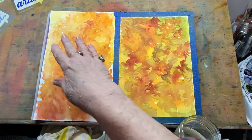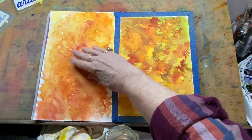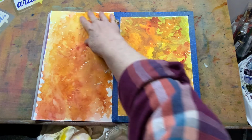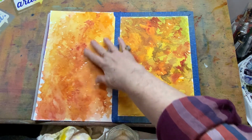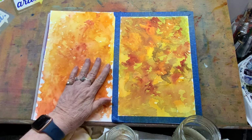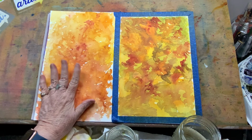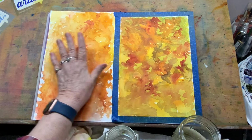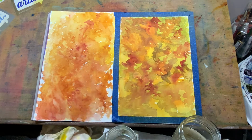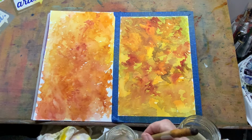Then on this side, there's another way that I like to paint, which is just coming in and adding water and then letting the pigment run as it would on its own. And then I come back in and I kind of let the watercolor define where the dark shape should be. Obviously, I'm thinking fall. So I'm doing one side at a time to let them dry. So I've been working on this one. Today, I think I might try to come back into this one. Obviously, neither one of these are finished. And I don't know where they'll end up, but I just thought I would share what I'm trying to do